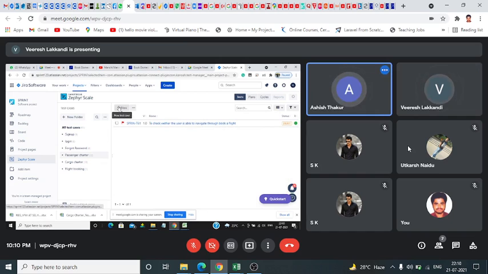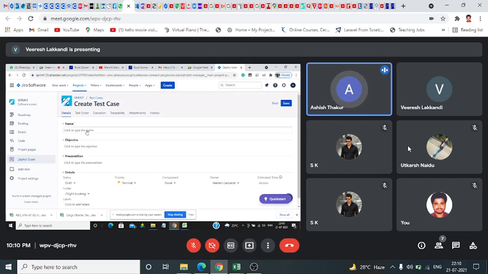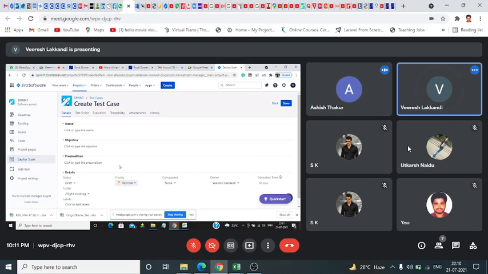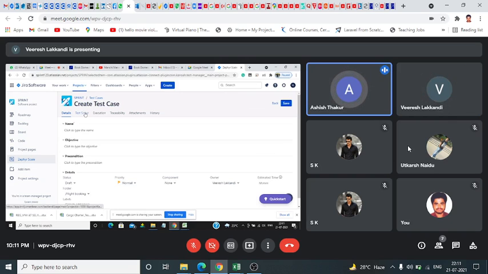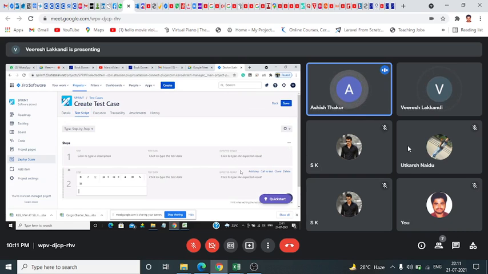So add another one, a new one. This is the next test. Test condition, pre-condition, then test scripts. Priority. You can select priority according to your logic. After the test script, we have to add test cases here, stepwise, with all this test data. If there is any data, like the expected result, we have to type.